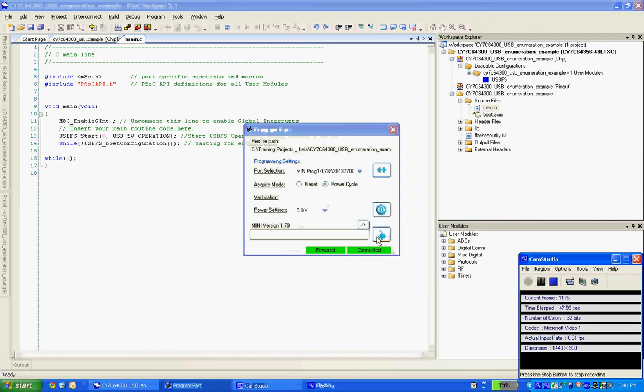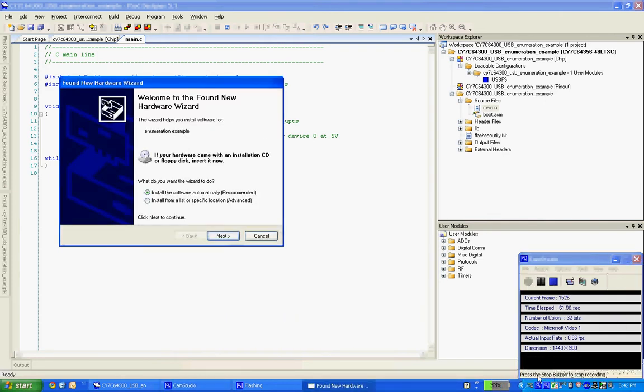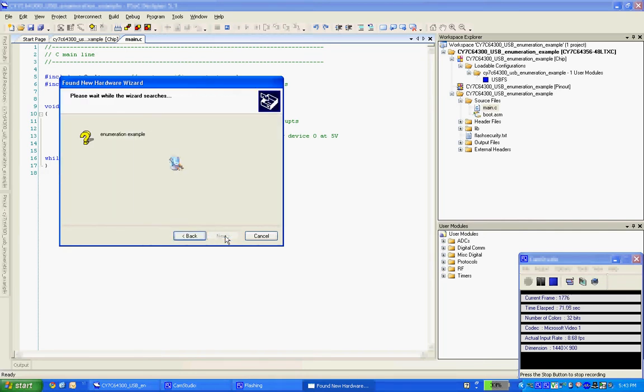So we program the device. After programming the device, connect the device using the USB cable available. Once you connect, you can see that there is a Found New Hardware option and the install wizard appears on the screen. So if I click this to install the software automatically,